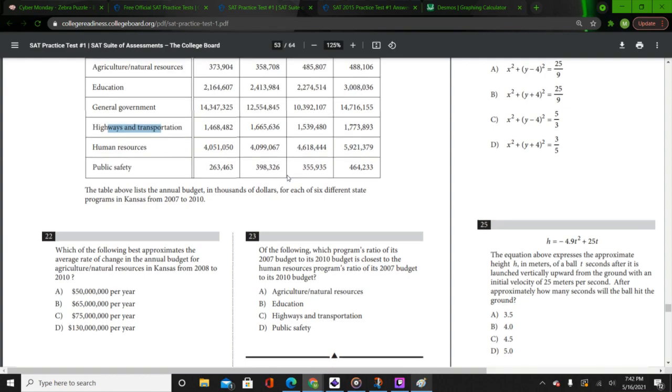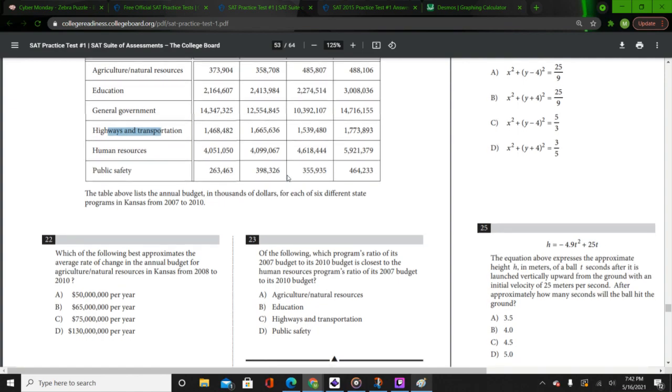1,468,482, and that divided by 1,778,930.8278. All right, can we get closer? We'll check. I'm not sure, but we might be able to. Education, 2.164